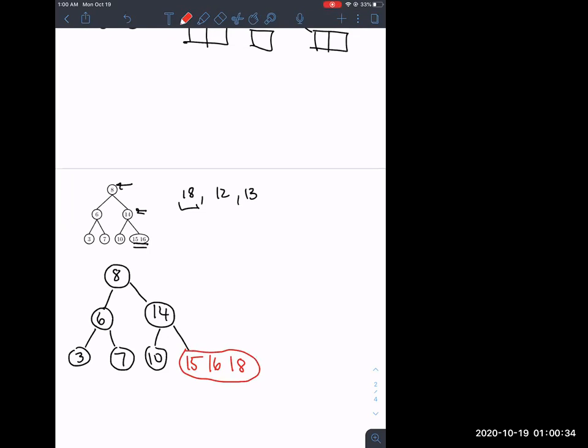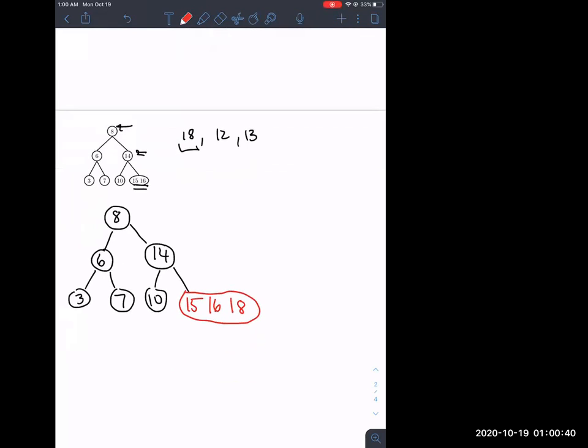So I actually have 3 elements in this node, and this is not valid. This is not a proper 2-3 tree. You can only have a maximum of 2 elements in one node. But the reason why I'm doing this is because 2-3 trees are special in that the way they balance themselves